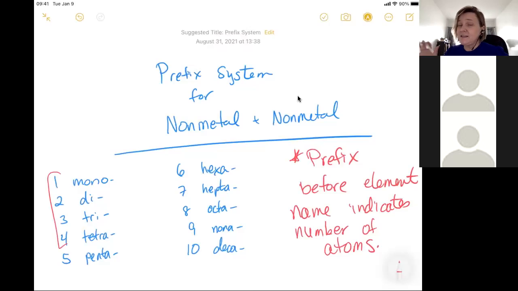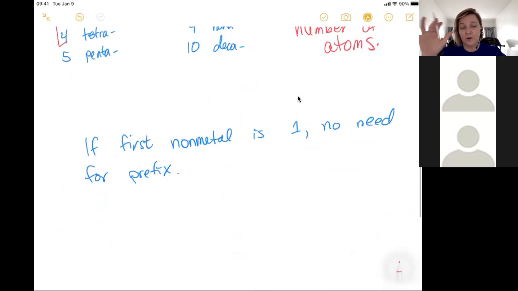And you've already seen an example of this system in action. You've just never had to think about why that's the name before. And the most common example, CO2. And we all know the name of CO2 is carbon dioxide. Now, you might think to yourself, well, carbon doesn't have a prefix on it. That's correct, because the only rule that's an